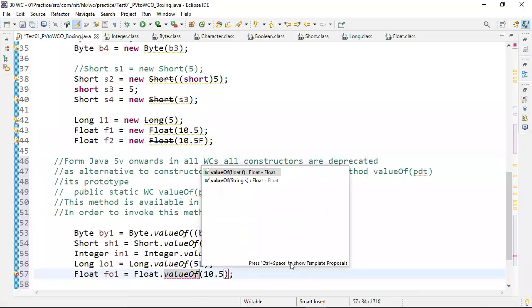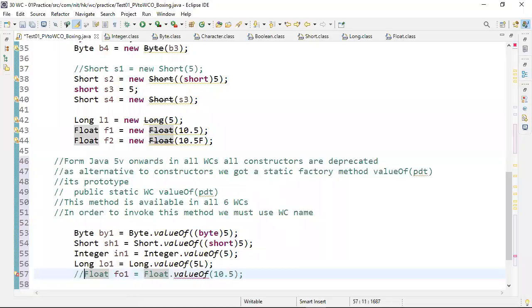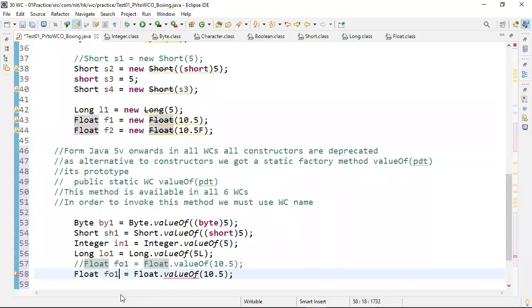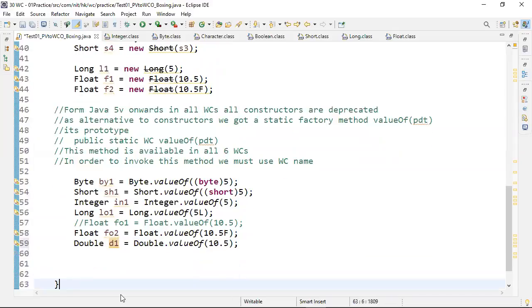But come to valueOf, we have only one parameter, float parameter. Double parameter is not there. Be careful, remember it. Then next, Float f2 equal to, I am writing Float.valueOf(10.5f). Compulsory I should write f, then accepted. And then next, for Double, d1 equal to Double.valueOf(10.5), directly I'm writing.